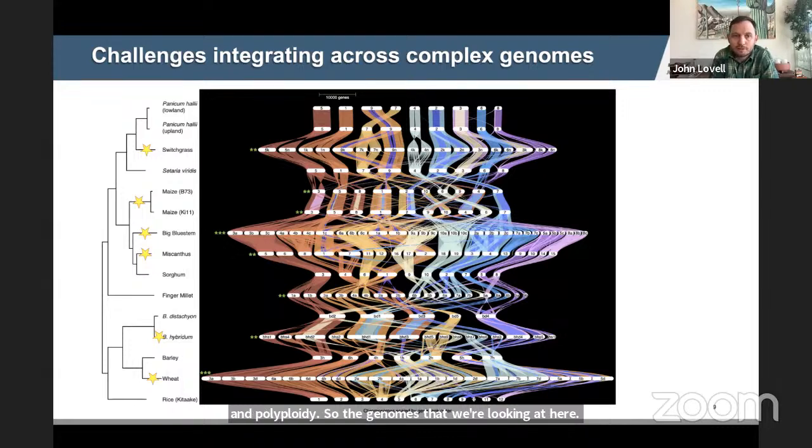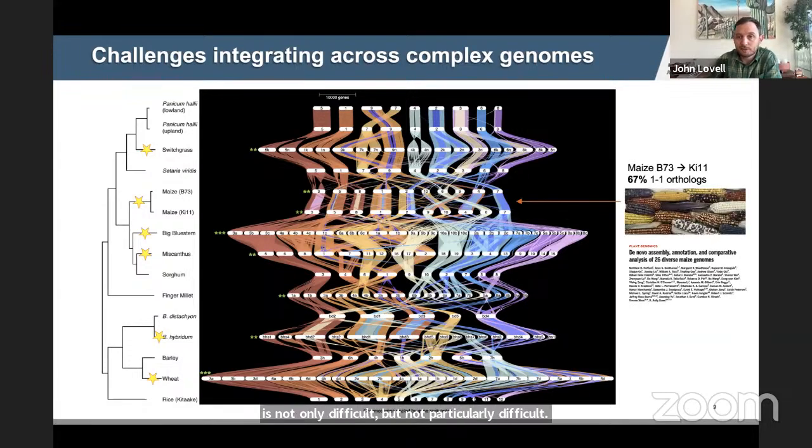Wheat is a hexaploid. Switchgrass, as I mentioned before, is a tetraploid. Maize is a fairly ancient tetraploid. And all of these genomes share a whole genome duplication event that preceded the diversification of grasses. So tracking regions of interest here using one-to-one orthologs is not only difficult, but not particularly informative, in part because these whole genome duplications yield